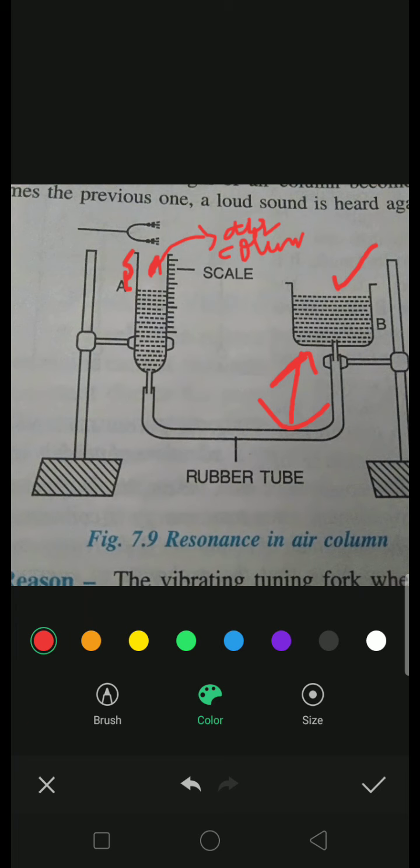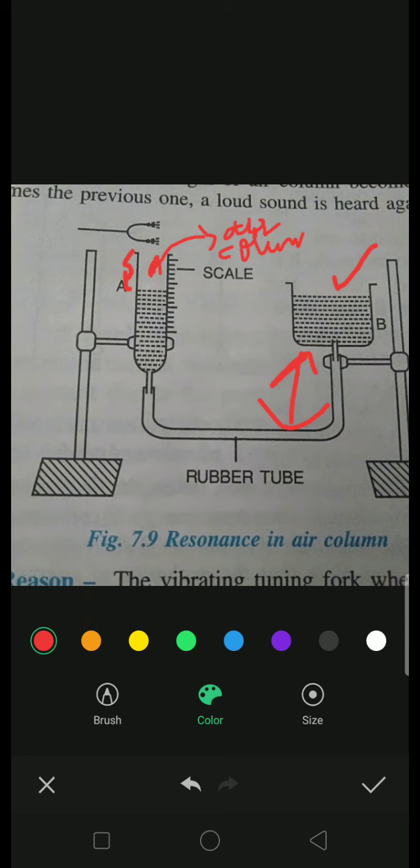You have studied, na, frequency is inversely proportional to length. So when the length of the air column changes, the frequency also changes, and when the frequency becomes equal to the frequency of the tuning fork, you are going to hear a loud sound because that is resonance. You mark what was the length of the air column when you heard that loud sound. Now you adjust the length to 3 times that length, again you will hear a loud sound. Adjust it to 5 times, again you will hear the loud sound.